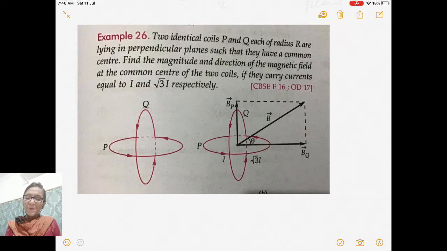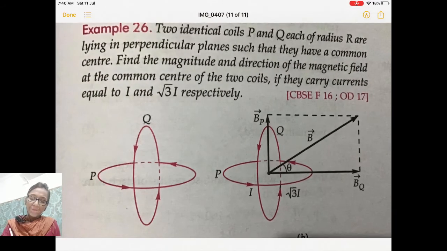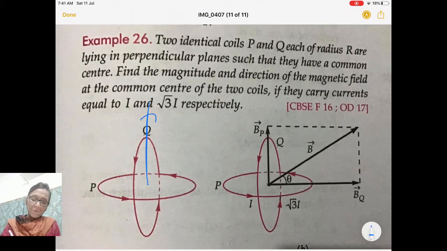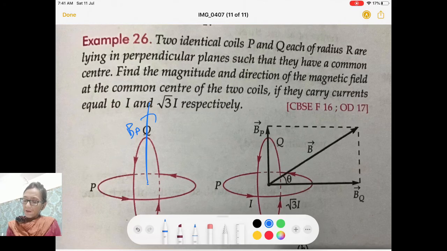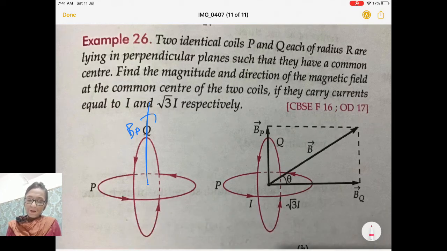P and Q are in perpendicular direction. For P, magnetic field at the center will be in upward direction, and this is your B due to P, and then B due to Q will be along this direction at the center,